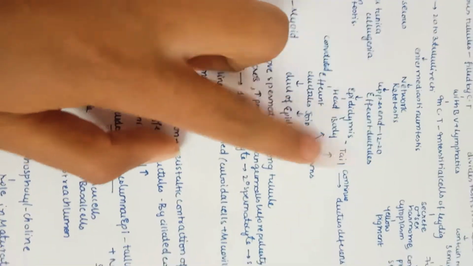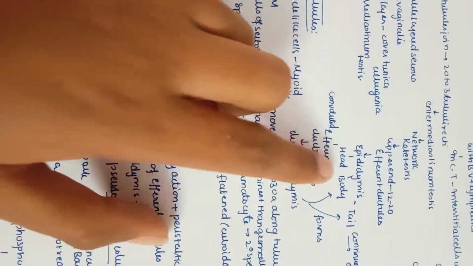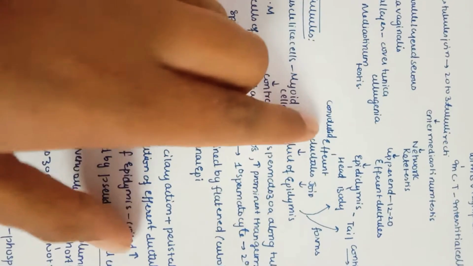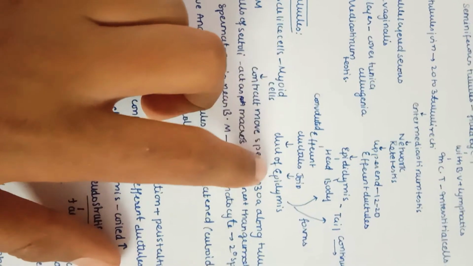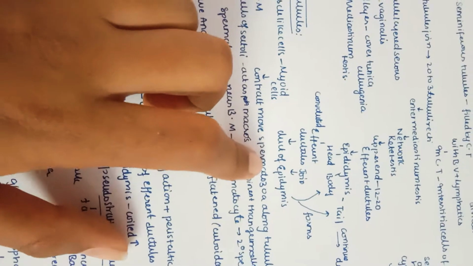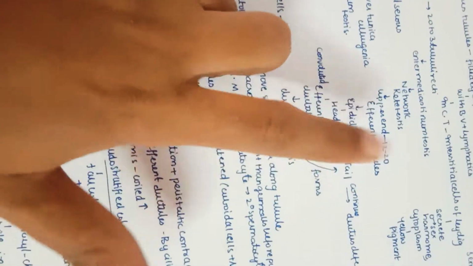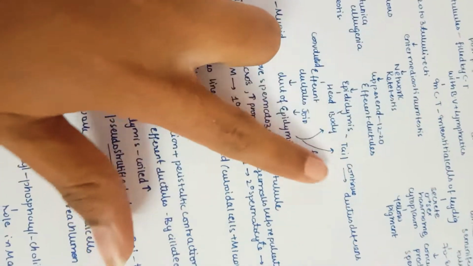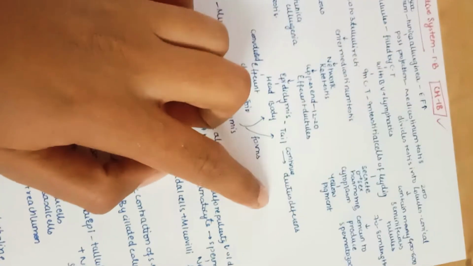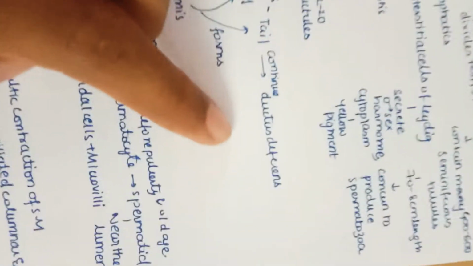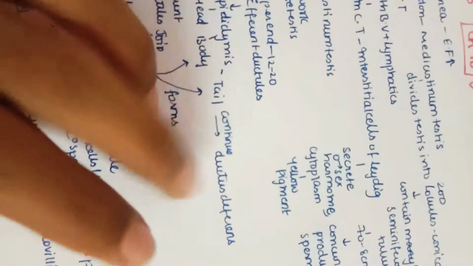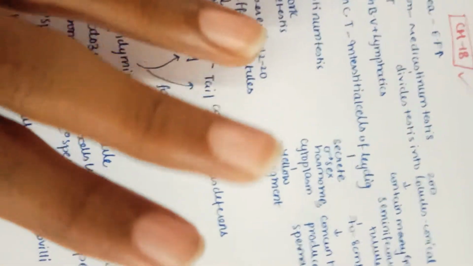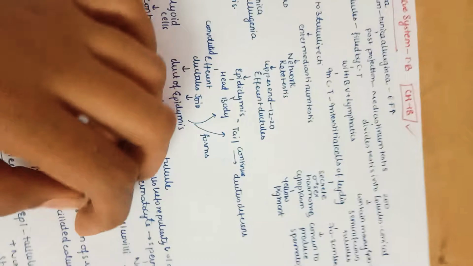The epididymis has a head, body and tail. The head of the epididymis has efferent ductules which are convoluted and form the duct of the epididymis and join with it. The epididymis also has a body and tail, but the duct of the epididymis itself forms the body and tail, and the tail continues as the ductus deferens. The ductus deferens, or vas deferens, is the same thing. From the vas deferens the sperm enters the prostatic urethra. Even from the seminal vesicles the sperm may enter the prostatic urethra.